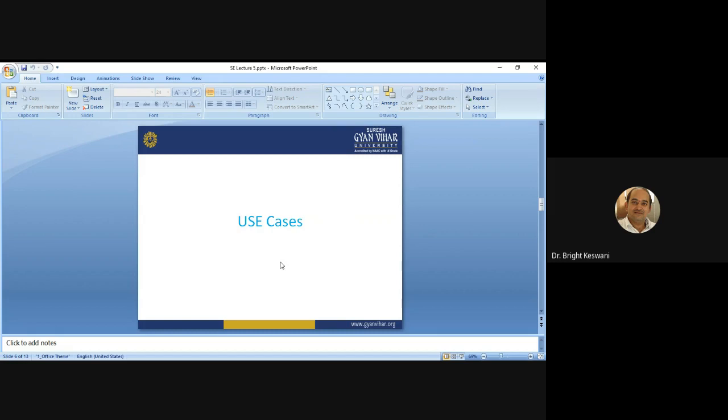So the use cases provide what? The first objective is to define the functional and operational requirements of the system in the present scenario. Scenario means the environment of the development. The second is to provide a clear description of how to use the system, and how the system and the end user interact with each other. The third is to provide a base for validation testing. So this is the purpose of use cases.